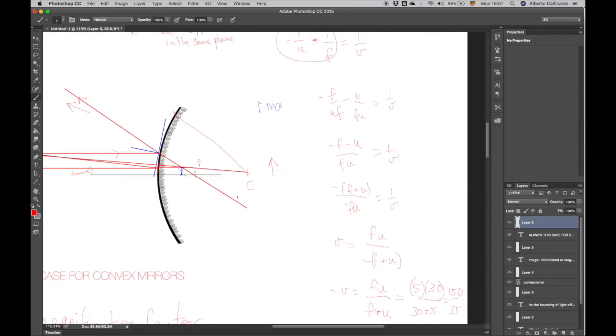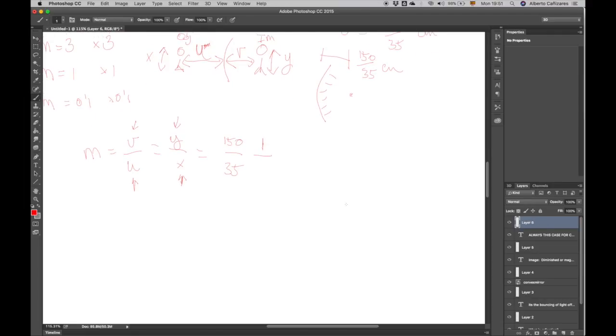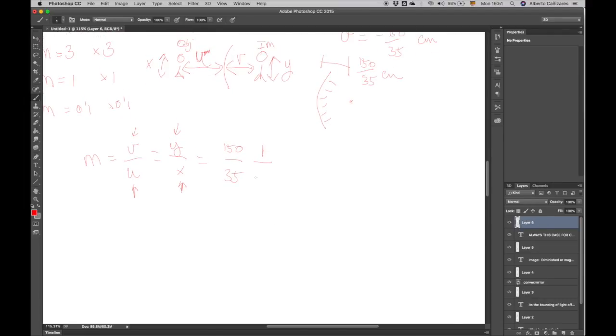Right? 30 centimeters. So we're basically saying that 150 divided by 35 is